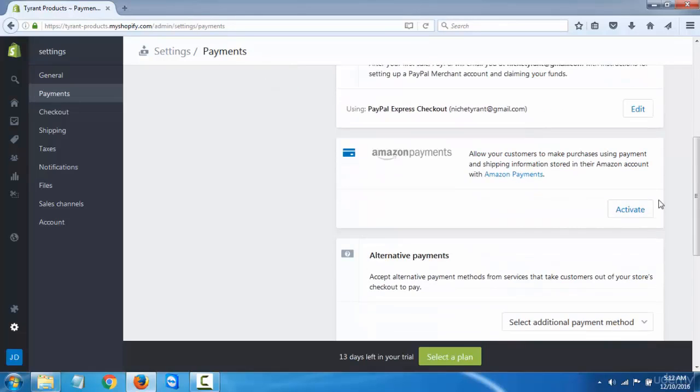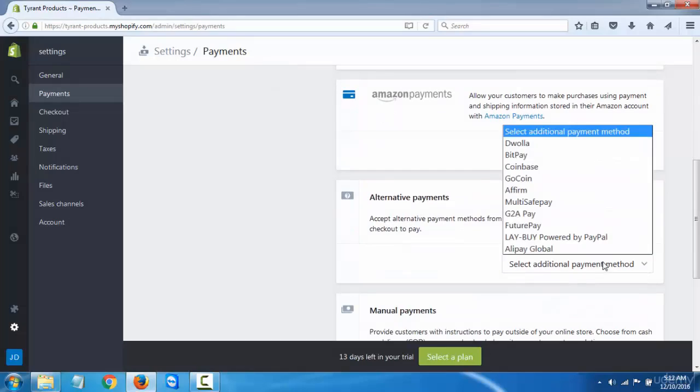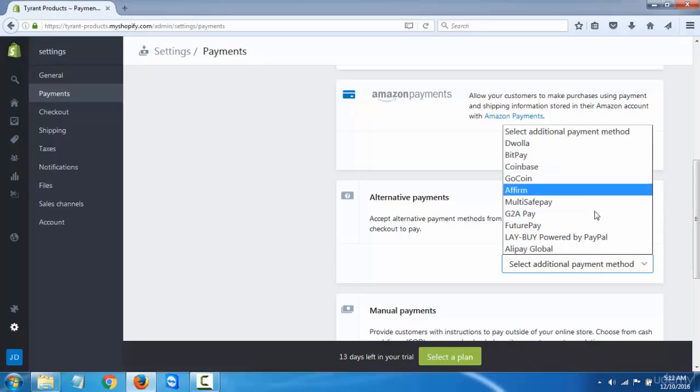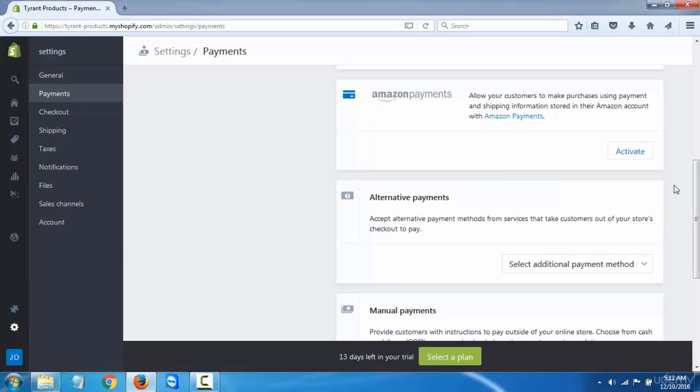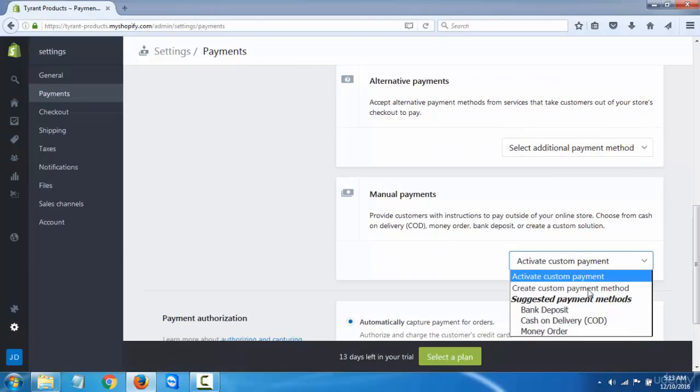And alternative payments, they have BitPay, Coinbase. If you want to add Bitcoins to your site, you add Coinbase, GoCoin, FuturePay, Lay-Buy. But you don't really need these. Just add these two and you're good to go. You also have manual payments,